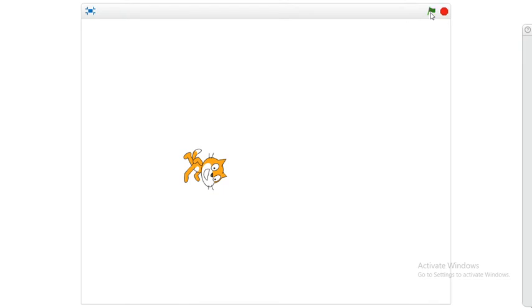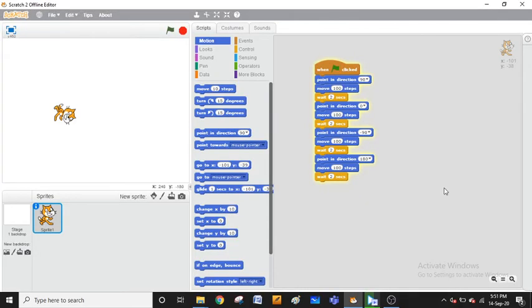Okay, that's about the first program. Our sprite has moved left, right, up and down. Right means 90. Then it has moved 100 steps and waited for 2 seconds. Then it took the up position. Up means 0 degrees. Moved for 100 steps and waited for 2 seconds. And again it formed the point in direction minus 90, that means left direction. And the down direction is 180 degrees. Clear? This is about the directions we did.